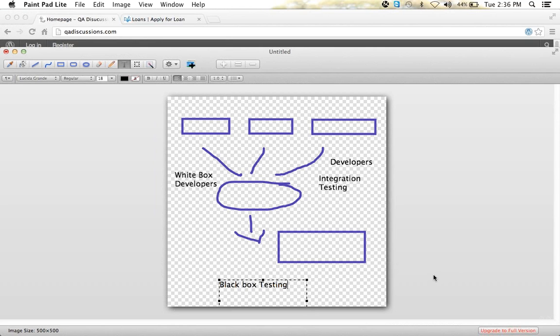Here the code is not visible to us. Whatever we are doing in an application, that may be functional testing, that may be automation, anything. Whatever we do, there is no code visible to the QA people. So this type of testing is called black box testing.